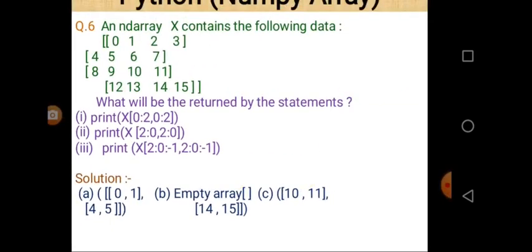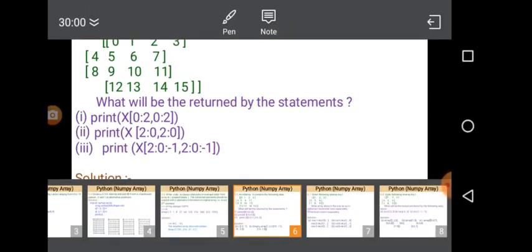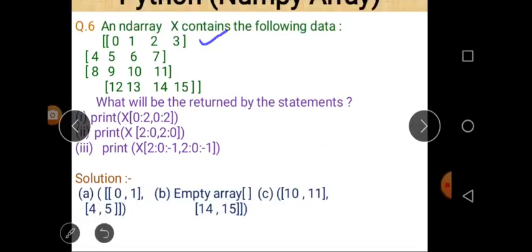So this is row number 1, this is row number 2, this is row number 3, this is row number 4, and the rows are represented by index positions: row number 1 is index position 0, row number 2 is index position 1, and so on.